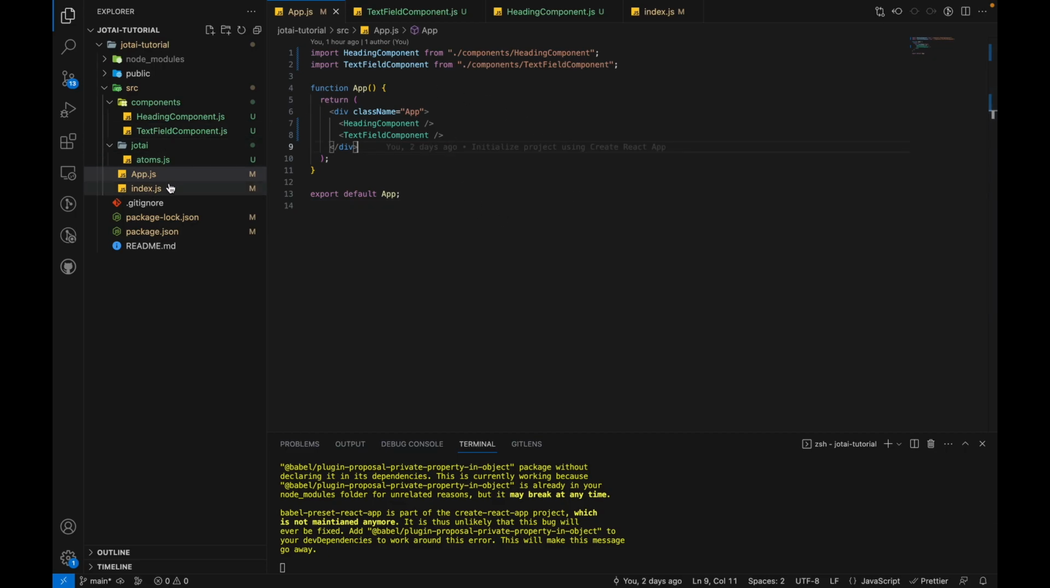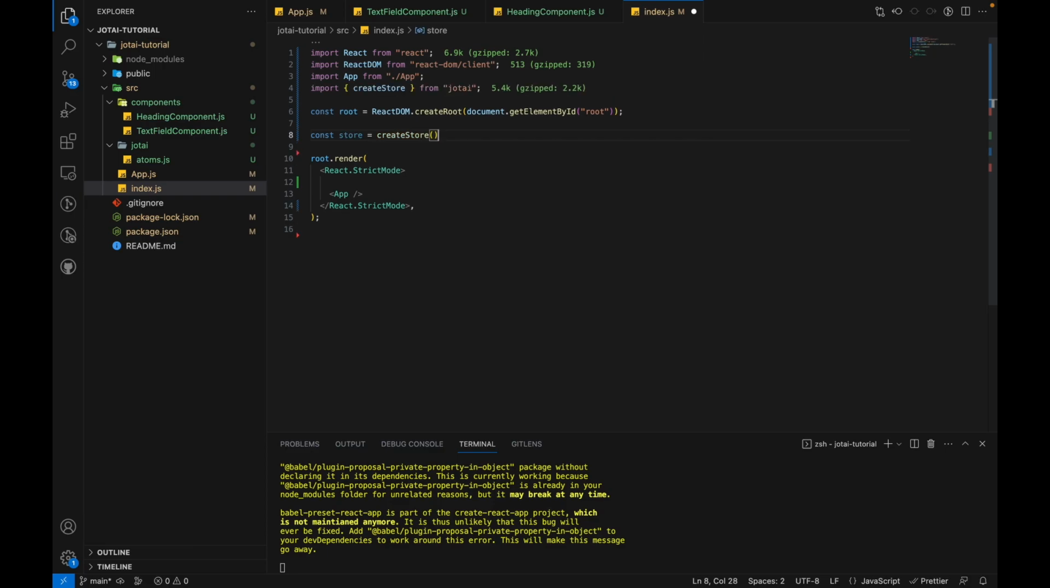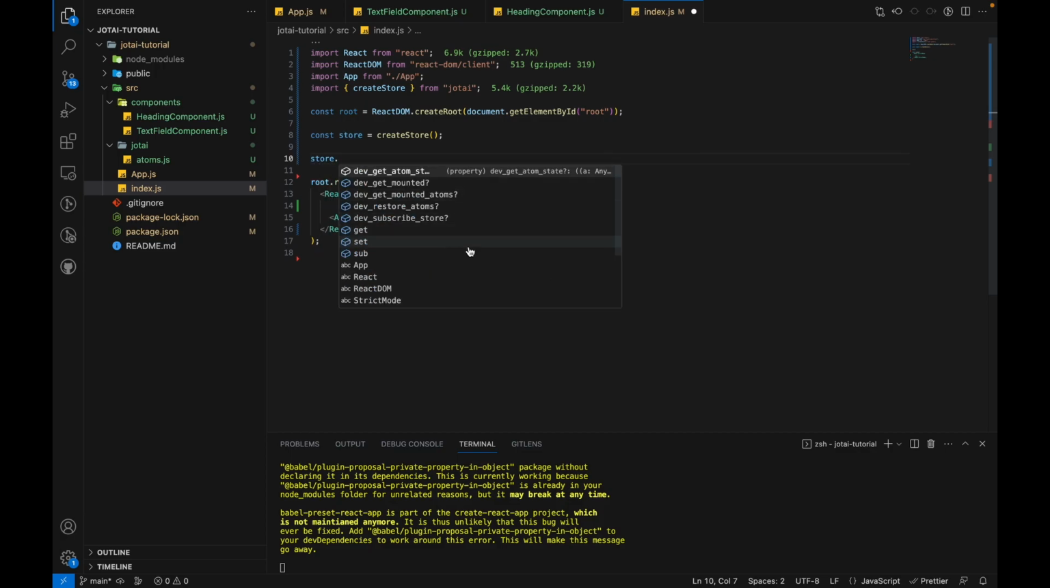Now I also want to show you how to use the provider, because you can just use it without the provider. So this is providerless code that we just wrote. But here I want to create a new store. So let's create store. And this store has a few functions. It has get, set, and sub. Get and set are used to get or set the value of an atom, and subscribe is used to subscribe to an atom. So we want to subscribe to our atom,